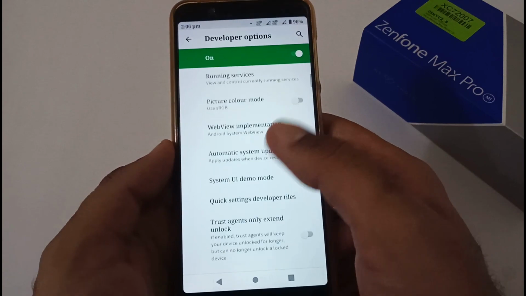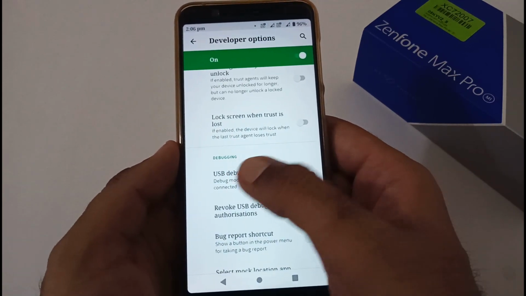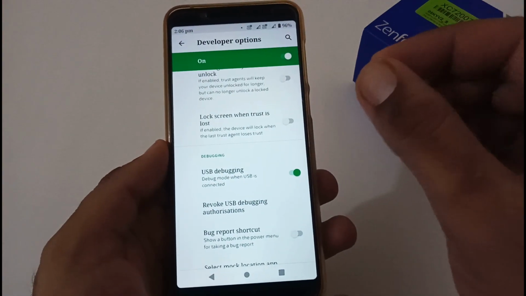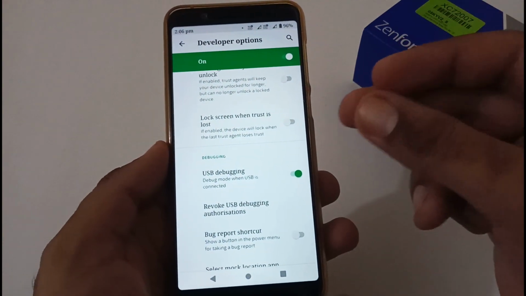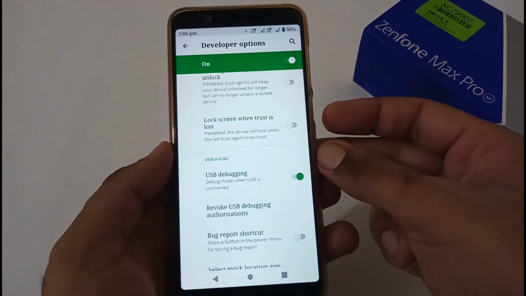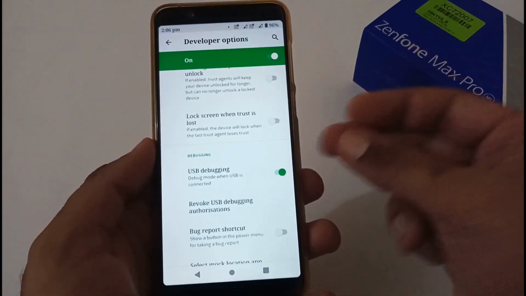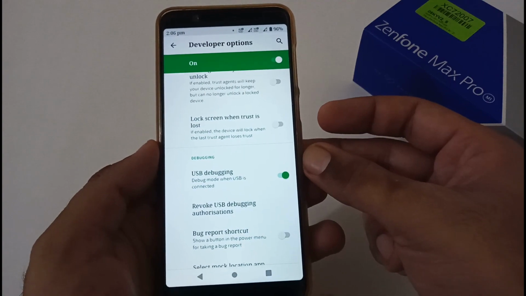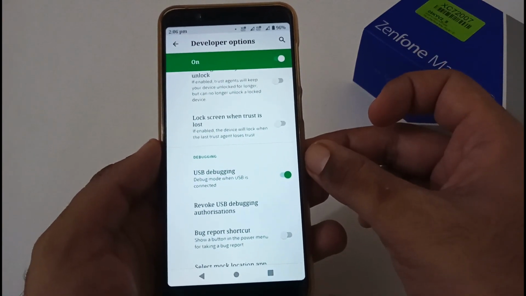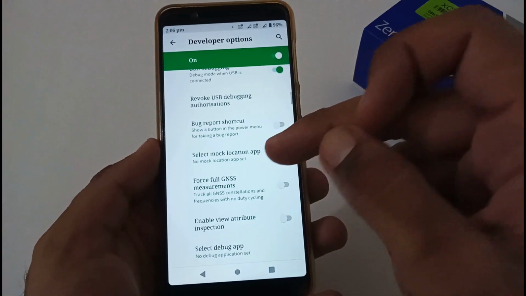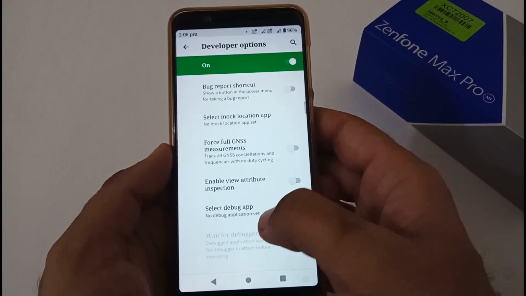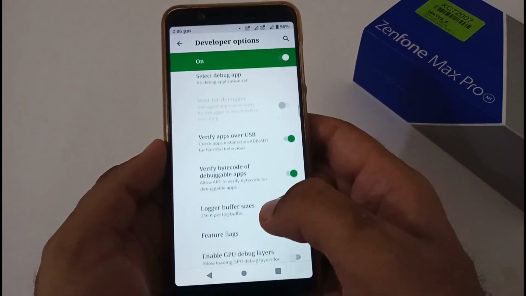The first option is related to debugging. You just have to see debugging and afterward you should turn on USB debugging. You can turn it on in any version because this will surely be helpful, because in the previous 1 to 2 months few users have complained that their phone has been stuck at the Asus logo. Some said that their device is corrupted. If these things are turned on, then you can play with the QFill method and by using that you can recover your phone, although data will be lost, but eventually your device will be recovered.